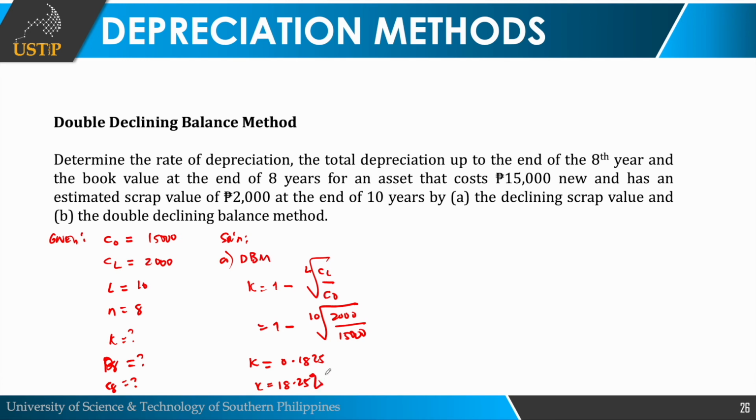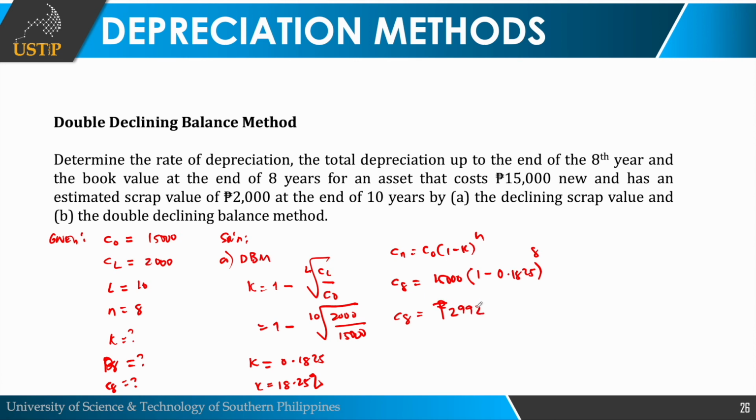Right. And then we have C sub n. I recall the formula: C sub n is C sub 0 times (1 minus K) raised to n. So we have 15,000, we need C sub 8, times (1 minus 0.1825) raised to 8. Okay, so our book value after 8 years is